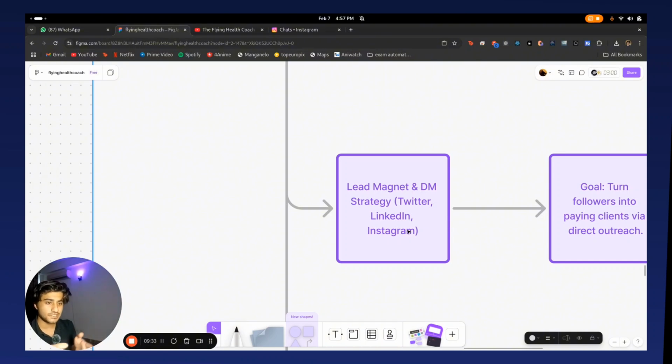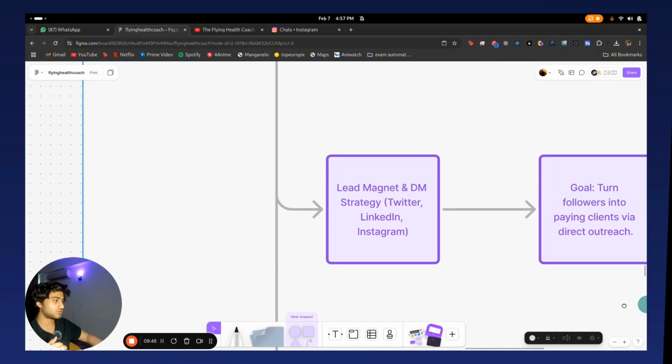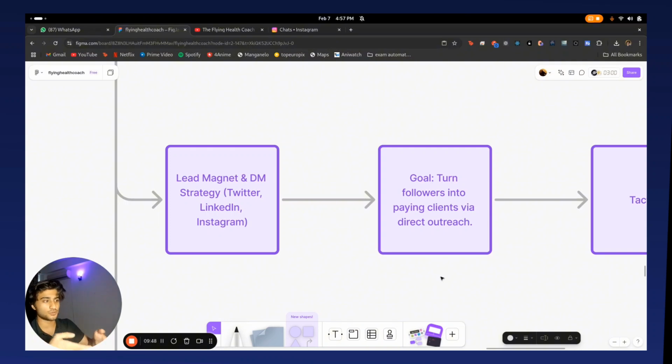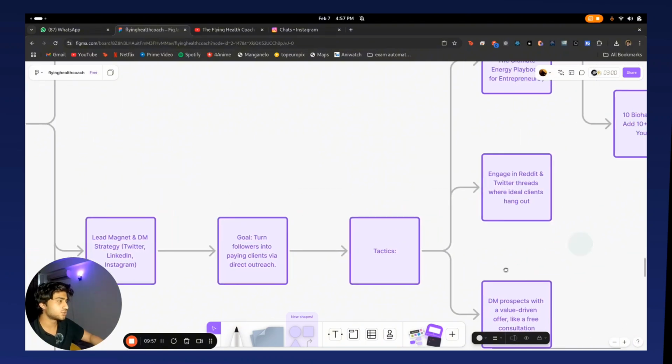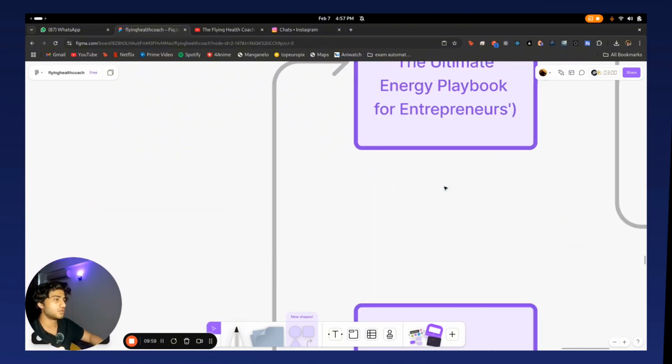When you see that something is there completely for free, you're more likely to click on it, right? So even with your audience, if you're able to send them something and they're going to find it interesting and they're going to likely click on it, you're selling them one step further. Now, the goal of this is, of course, to turn your followers into paying clients via direct outreach, which I'm also doing with you right now. But you're not my follower. I'm just following a cold outreach. But yep. So, what are some tactics we can follow?